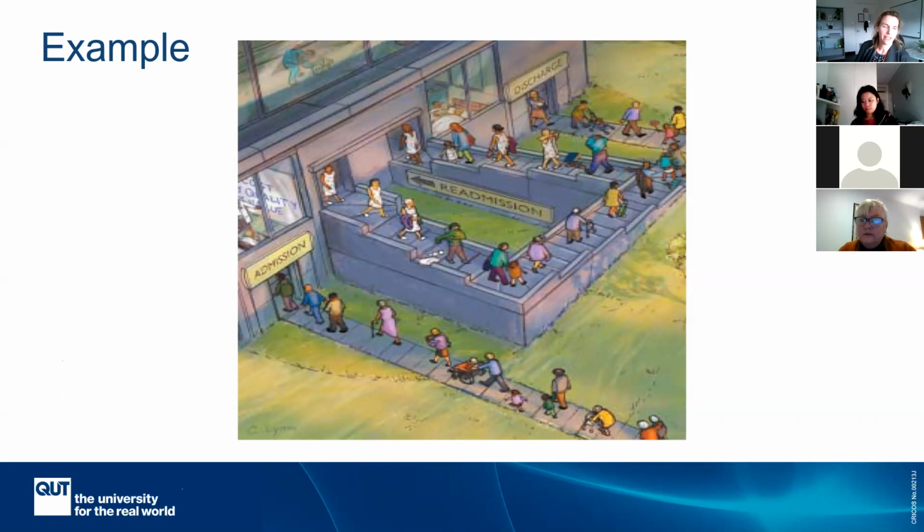So those of you who work in emergency, I think you can probably relate to this, and even some of you who work in acute care. And this is unfortunately the reality for many people living with complex comorbidity. We're all about supporting self-management, but we're making them go on this complex journey with healthcare facilities or services. So what happened in Brisbane was,